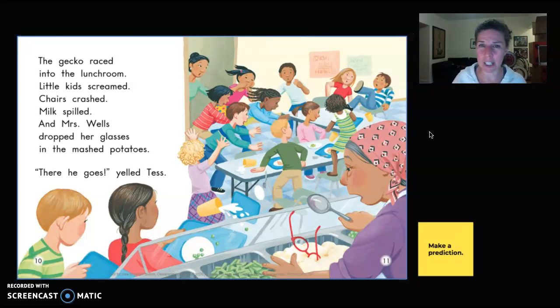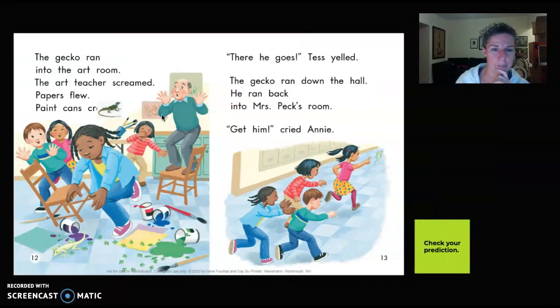Let's make a prediction. What do you think will happen? Okay, let's keep reading, and then you can check your prediction. The gecko ran into the art room. The art teacher screamed. Papers flew. Paint cans,